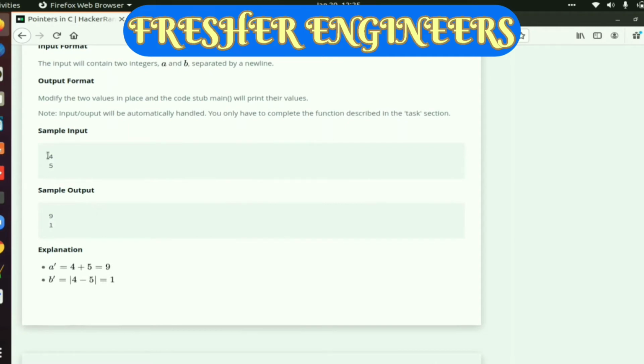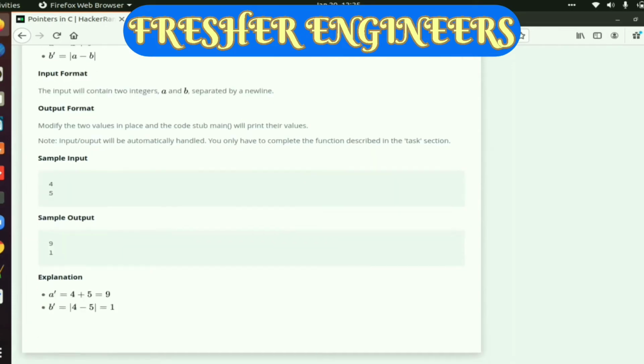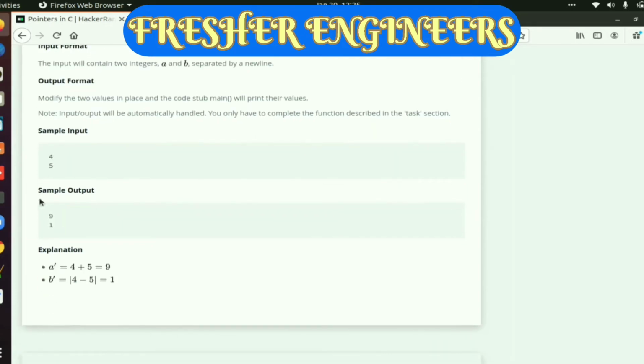If we add 4 and 5, the value is 9, and when we compute 4 minus 5, the value will be minus 1. So we have to take attention here: when we subtract 5 from 4, we get a negative answer, but we have to give the output as a positive number. So we have to be very attentive here.